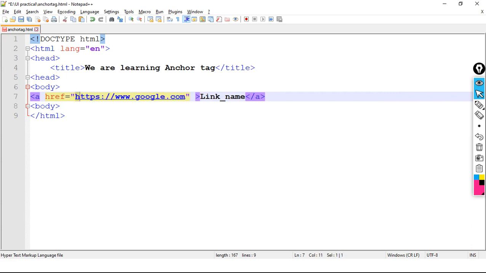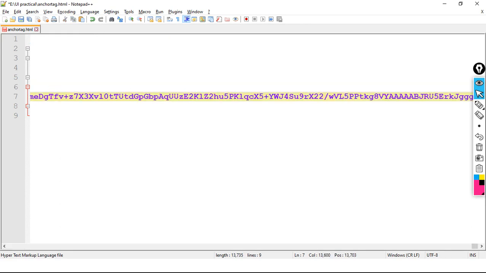Okay, here I am pasting that copied address. Okay, and let me use download attribute. Download is equals to sweet image. See here, sweet image.